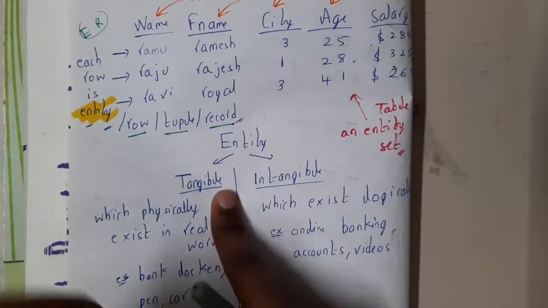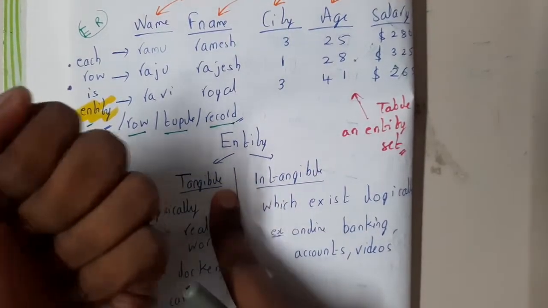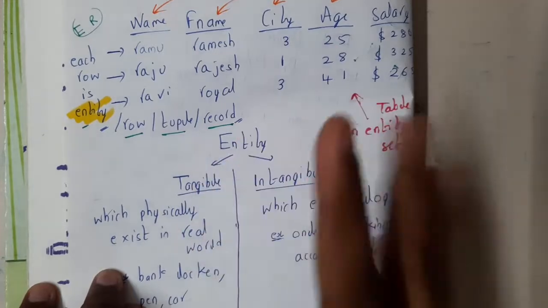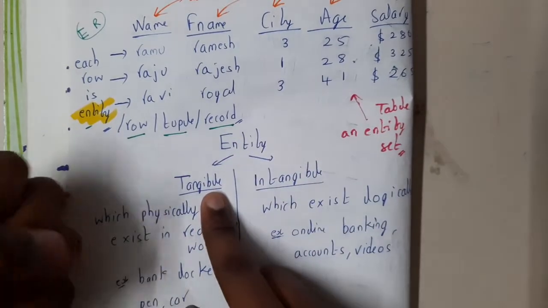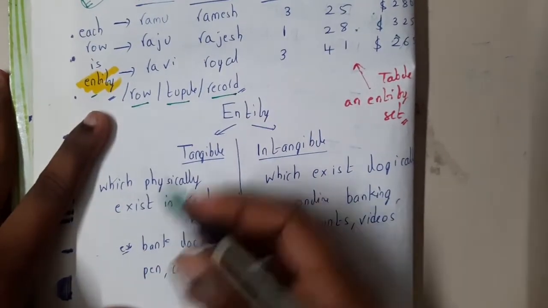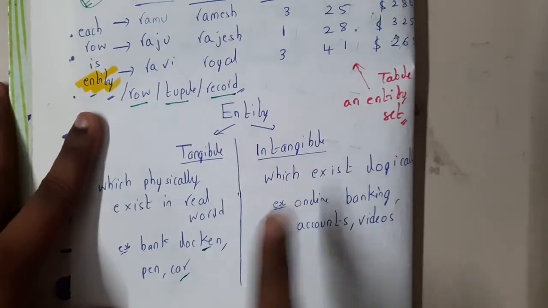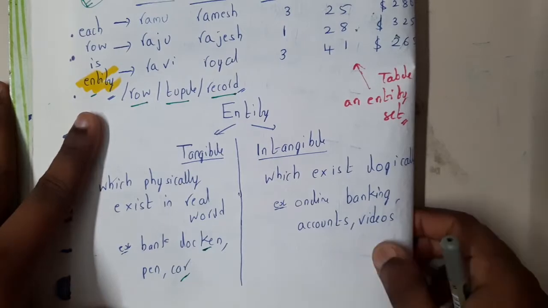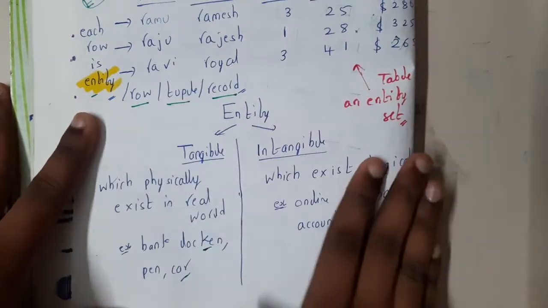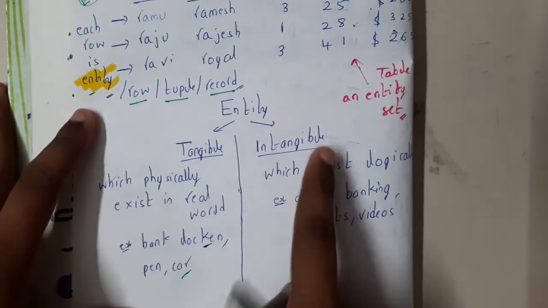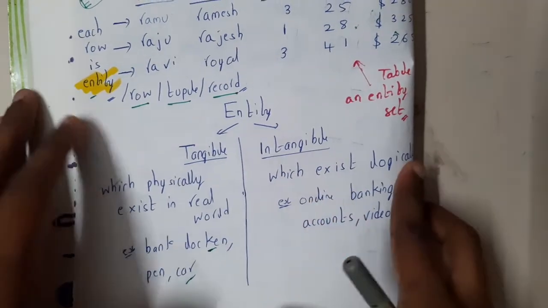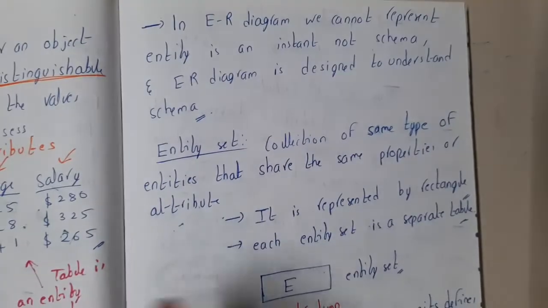So tangible means which exists in reality, in the real world, whereas intangible means it doesn't exist. Tangible means what, guys? It exists, like our bank account, like this pen, like this book, like this car and everything, right? Whereas intangible means which doesn't exist in reality. So they are shown in computer. There are some graphical things. Those types of things are called intangible. Got it? Okay. So now you understood some basics, right?